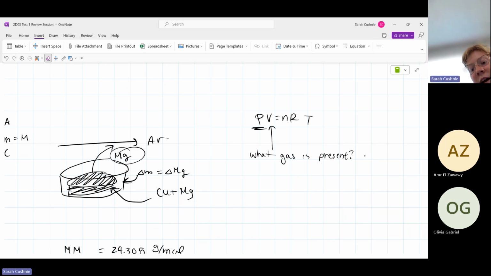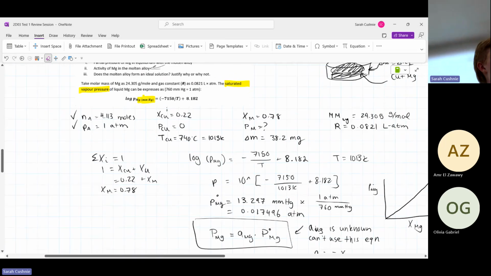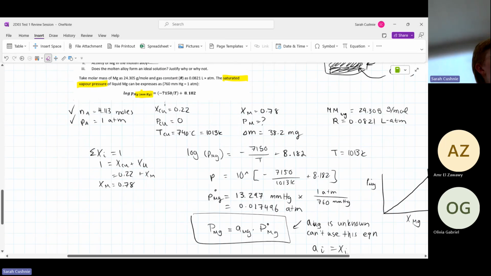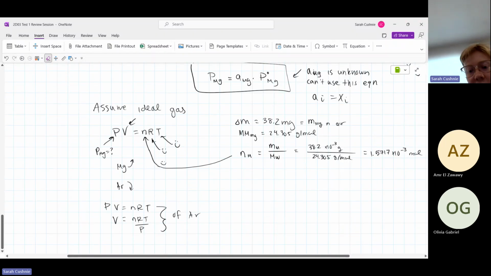Right? And that's where we have the argon. And we're using that argon to figure out how much space we have for that magnesium to go into and calculate the pressure. Question. So I never actually wrote anything, but what we can kind of look at is we just calculated the number